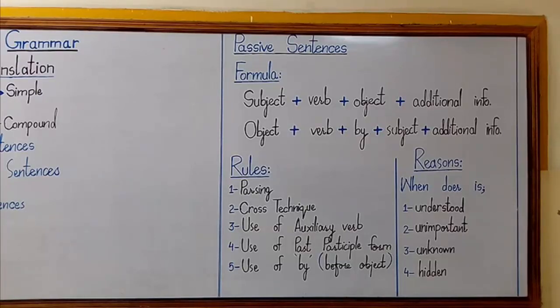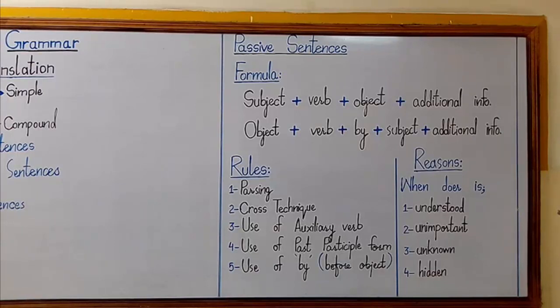It becomes the subject of the passive sentence. But for your understanding, I have written here that the object of the active sentence comes at the beginning of the passive sentence. Then we use verb, and then we use by as an agent, and after by we use the subject of the active voice as the object of the passive voice. But here I have written subject as it is for your understanding. And then as there is some information given in the end of the active sentence, we use that additional information as it is in the end of the sentence in passive voice too.